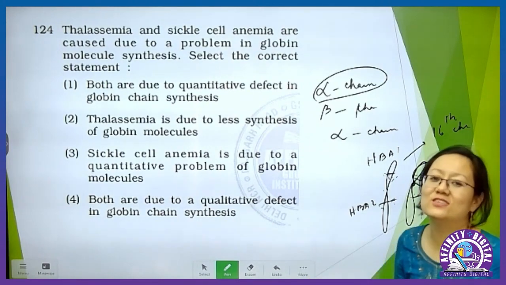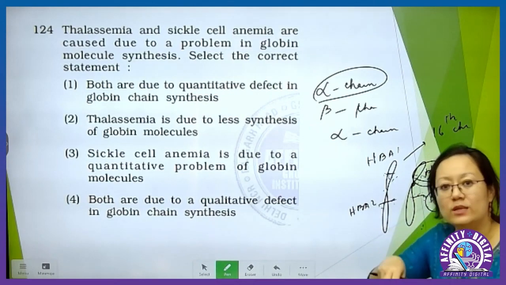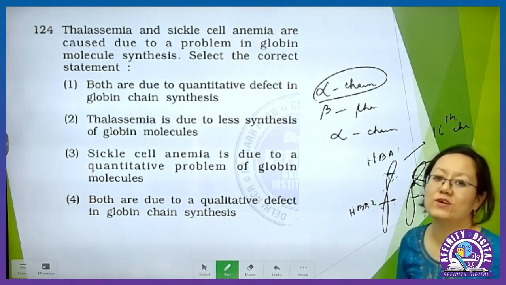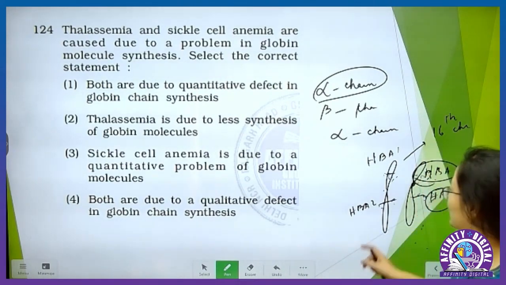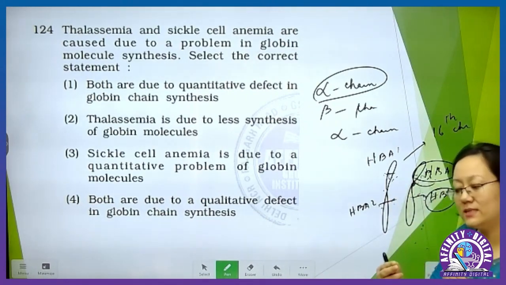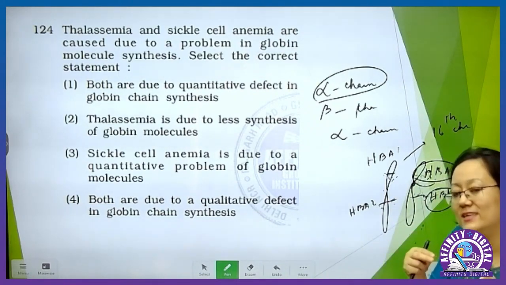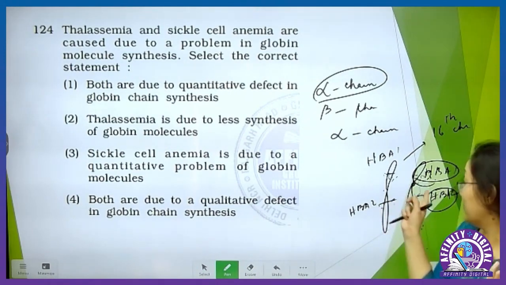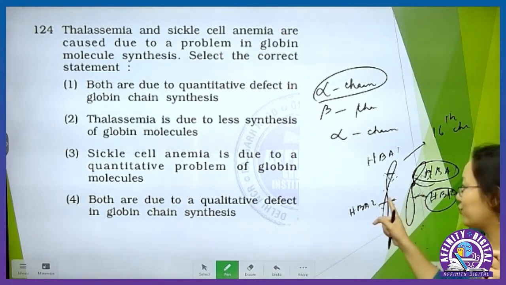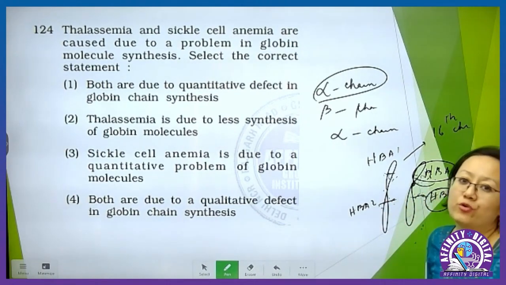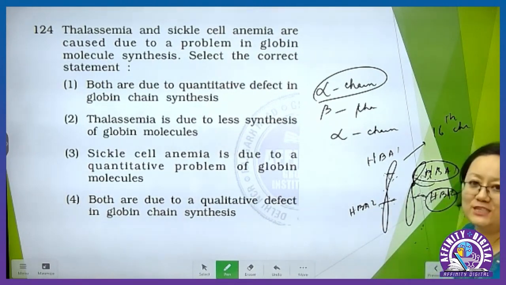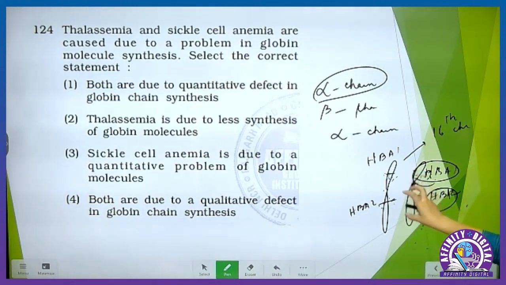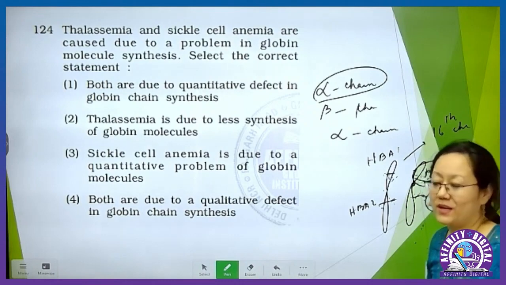That is why it will lead to all the genes deleted, which means a severe form of alpha thalassemia. Okay. So this is a quantitative effect. One gene deleted, then silent carrier. Two genes deleted, then a moderate form of anemia. Three genes deleted, then it becomes moderate. Four genes deleted, then hydrops fetalis, in which the person will have a severe form of anemia, or RBCs start rupturing. Okay, so this comes under quantitative effect.